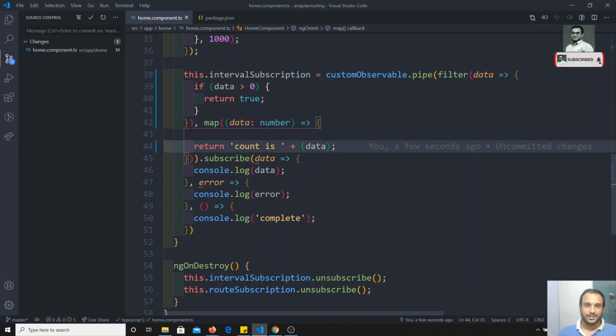You can add filter, you can add map, and you can add something like take, which will take only that many values from the observable, skipWhile, skipUntil. There are a lot of RxJS operators. If we go on telling all of these, it will take a bunch of videos. So we will have separate videos on operators when we have time. When we cover all the major topics, then we will see all the RxJS operators. But for now, filter and map are the major ones.